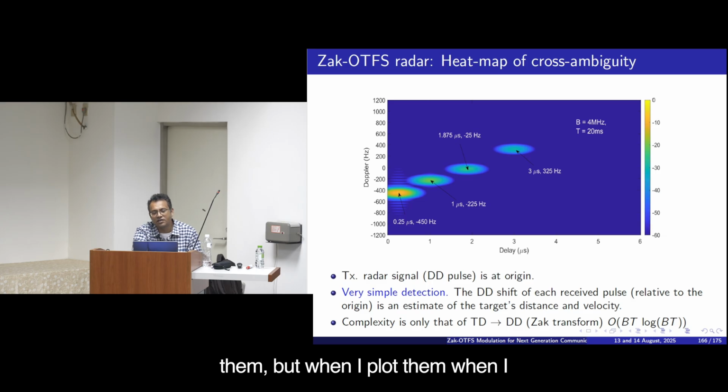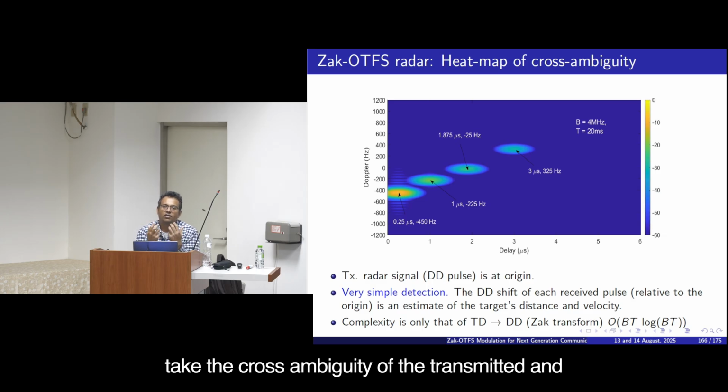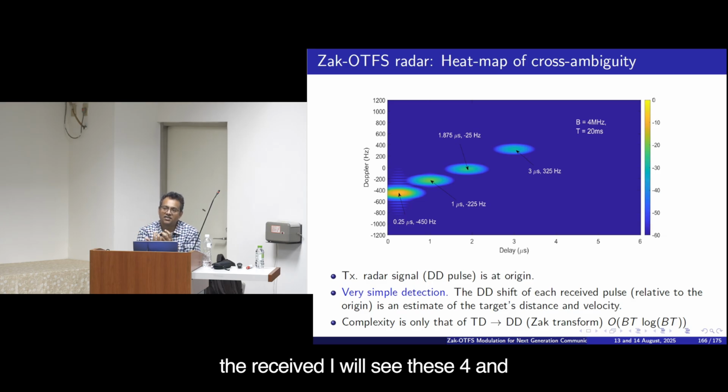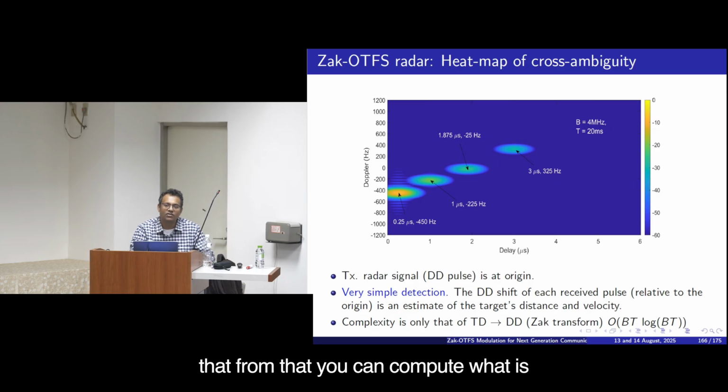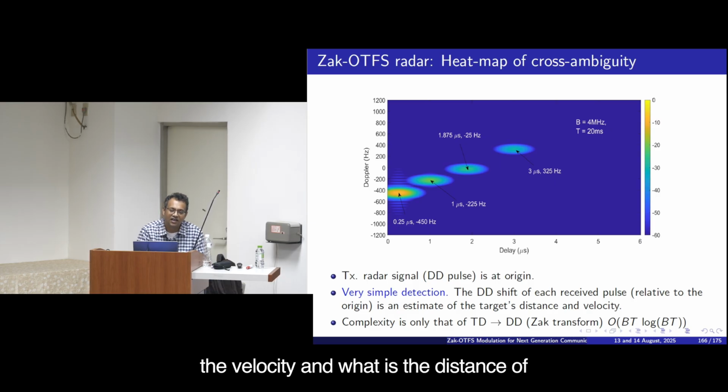This is within the blue box, I am not looking outside the blue box. When I take the cross ambiguity of the transmitted and the received, I will see these 4, and if I look at the center point, for example for this one the center point is somewhere at this location. From that you can compute the velocity and the distance of that target,